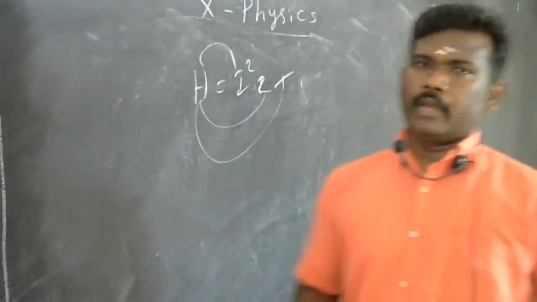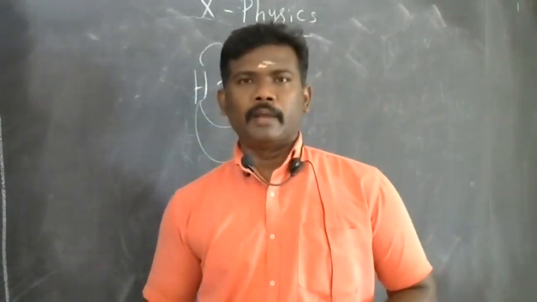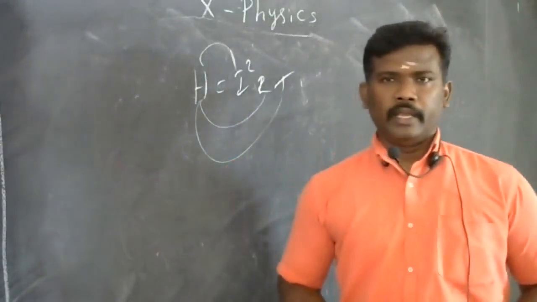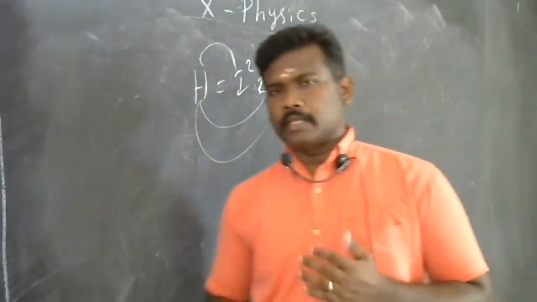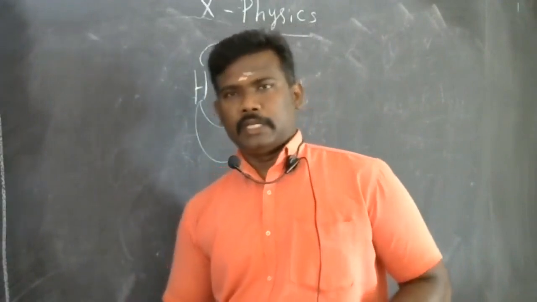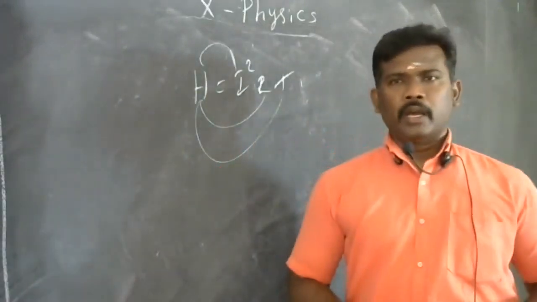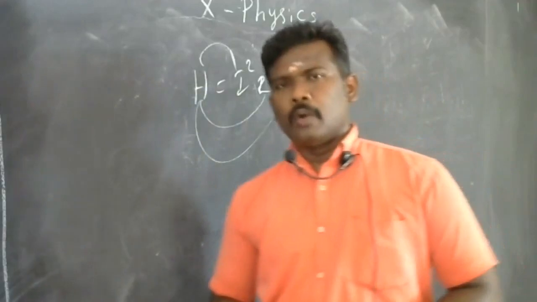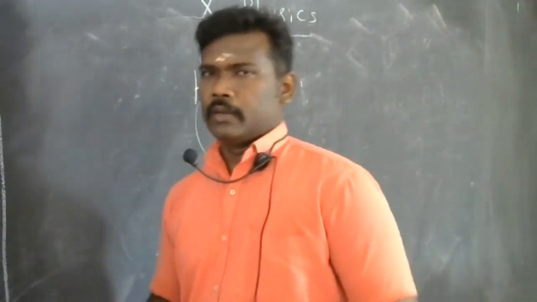And nichrome, why are we using nichrome as a heating element? Because it has a higher resistivity, and it does not oxidize easily. These are two very important things. This is one of the reasoning questions also. And why are we using fuse wire with a low melting point? This is also one of the reasoning questions.